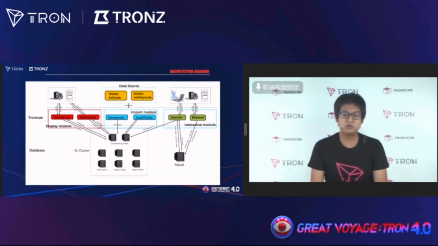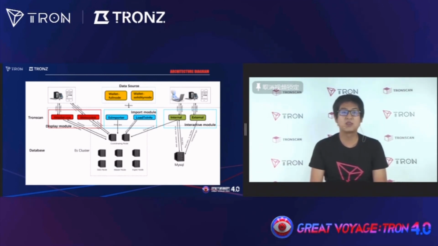We use full node and solidity node as data sources. Here you can clearly see the import module plays the messenger role. It brings data from our data sources and stores it in the database, and it also does the statistical work. As for the display module, it reads data from our database and shows it all to the